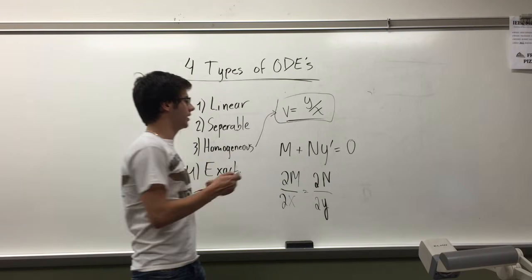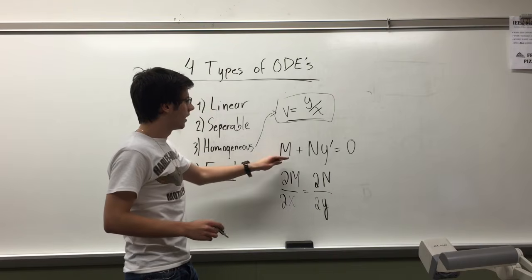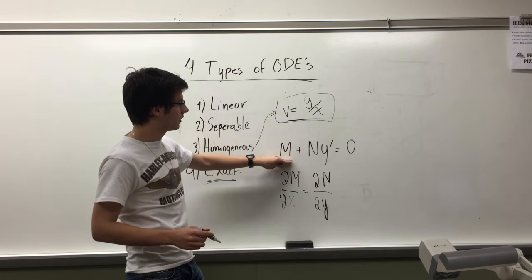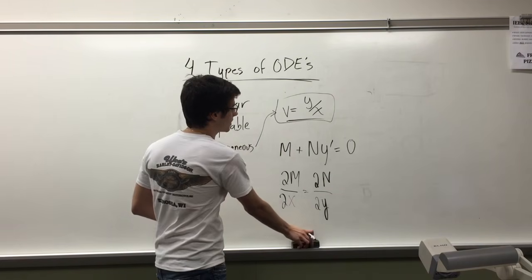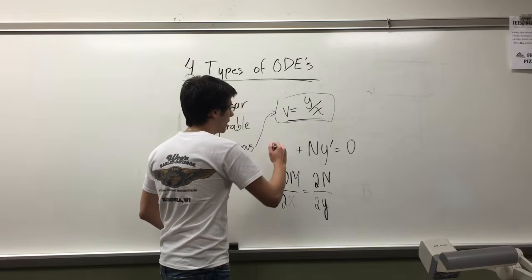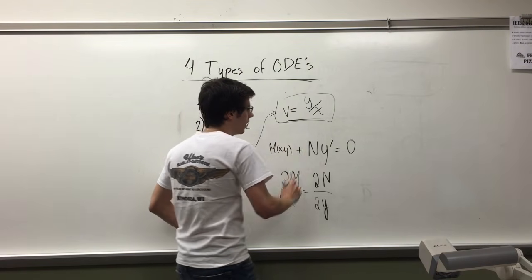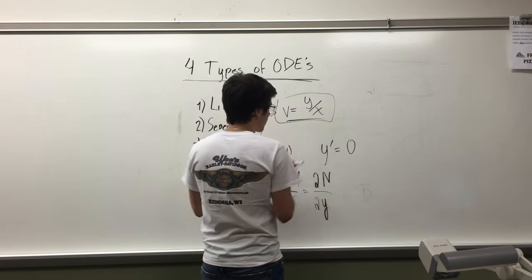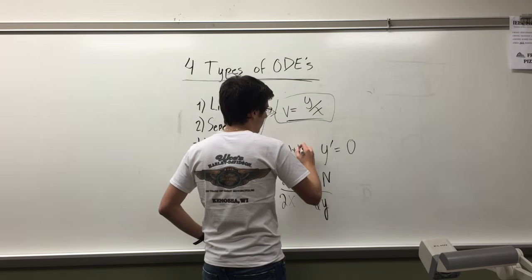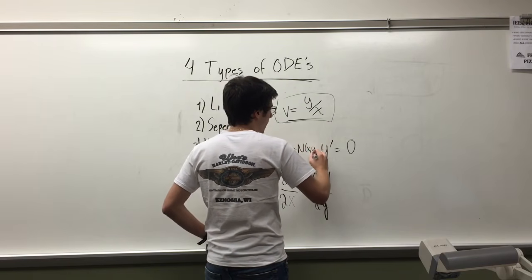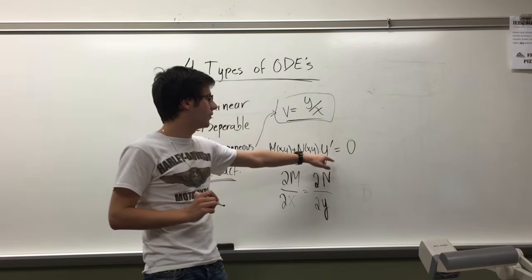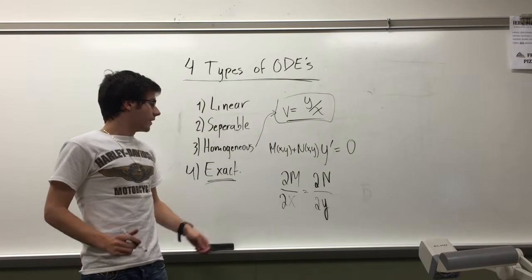When we have an ODE of the following form, we have m of x and y, an expression m as a function of x and y, plus an expression n as a function of x and y times its derivative is equal to 0,